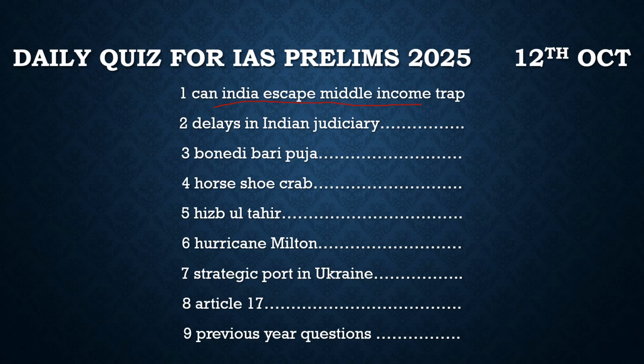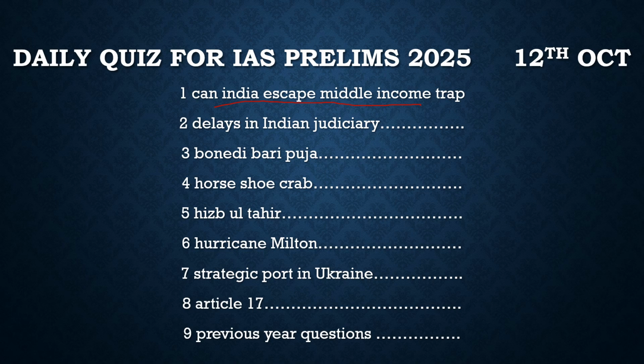So with respect to this, why are we discussing this topic here? Because recently the World Bank published the World Development Report 2024. We need to know this because UPSC may ask such questions. World Development Report 2024 was published by whom? It is published by the World Bank, and this report mentioned several countries are in the middle income trap, and India is one among them. It defines the middle income trap as growth starting to stop or drop, and income stagnating, a slowdown of growth.